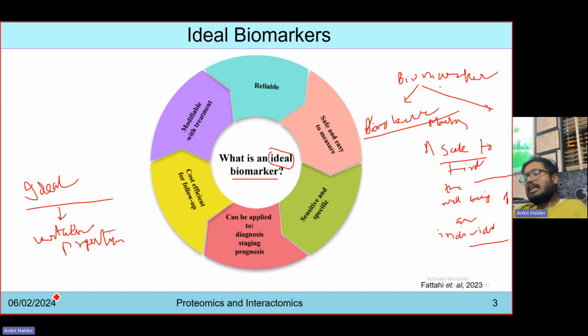So the first thing, what the characteristics of an ideal biomarker should be, is that it should be